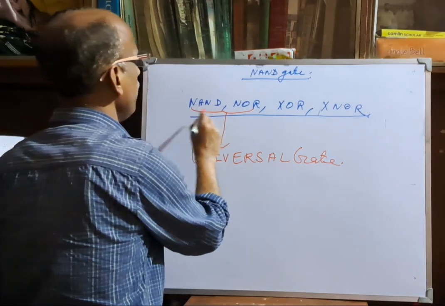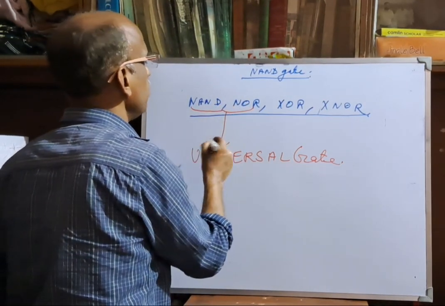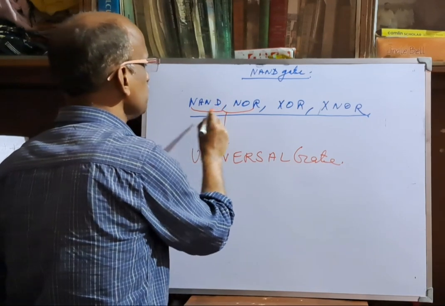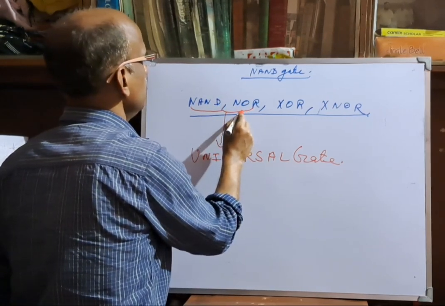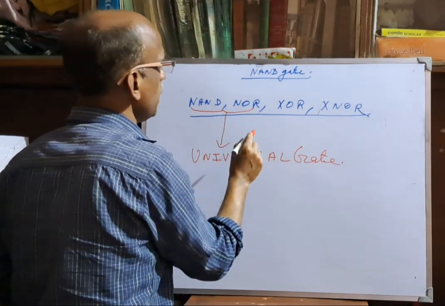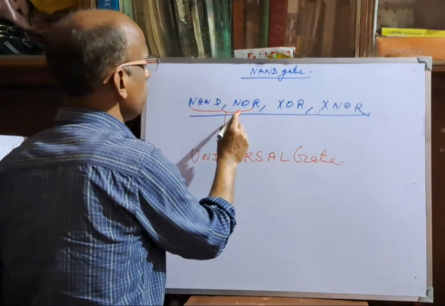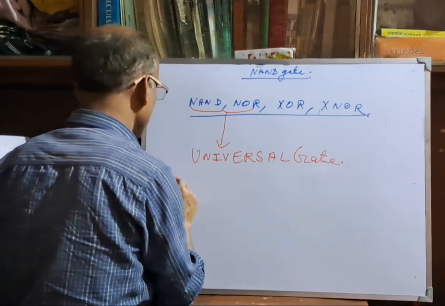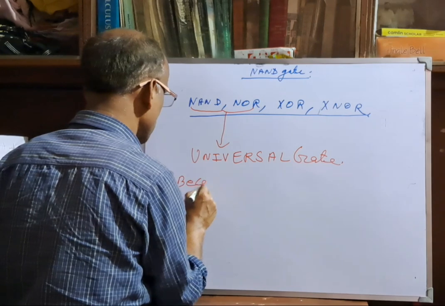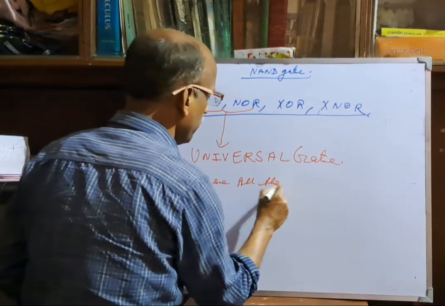Because all the basic logic gates can be prepared, defined, or expressed by these two, NAND and NOR. That is why the NAND gate and NOR gate are known as universal gates. Why are NAND and NOR gates universal gates? Because all the basic logic gates,